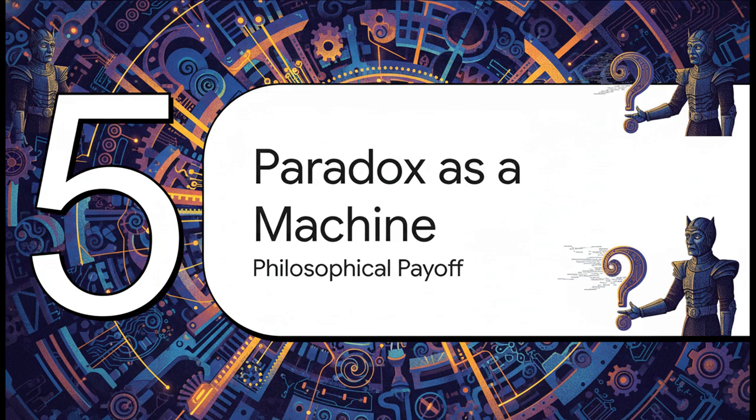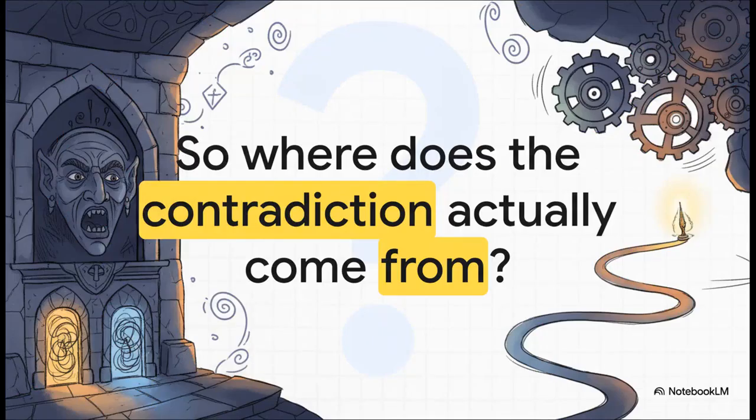And this isn't just some abstract philosophical game. This shift has really profound implications for how we think about truth, logic, and even the future of technology itself. So let's just quickly recap the diagnosis before we get to the really cool payoff part. If the sentence itself is actually a stable, predictable process, then why on earth did it look so broken for all this time? Where did this idea of a contradiction even come from in the first place?